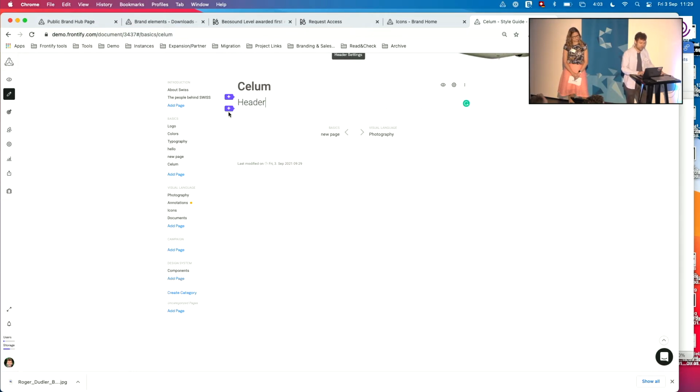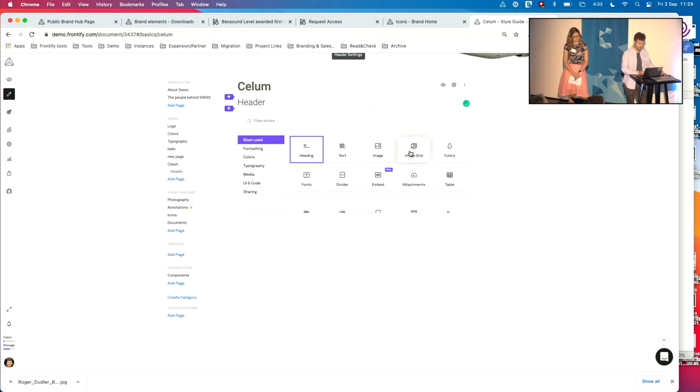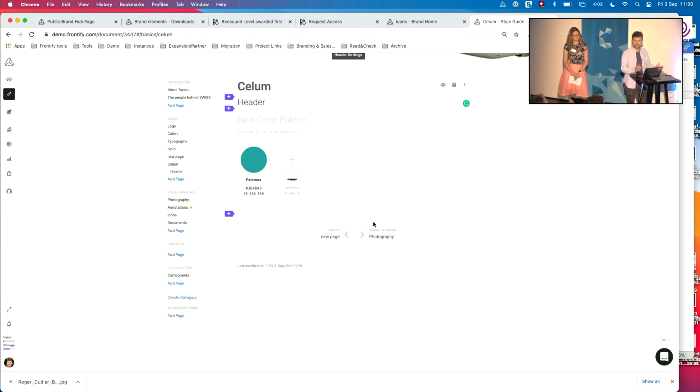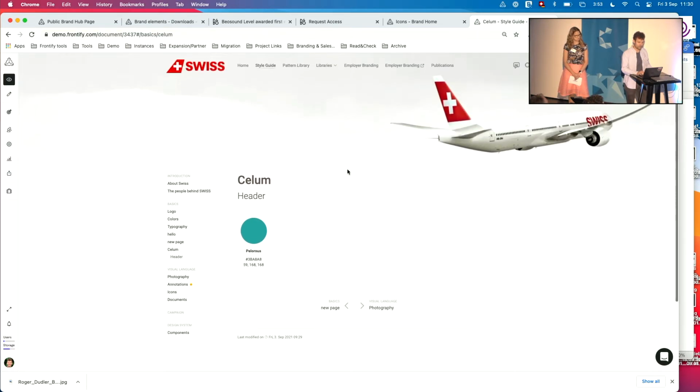And again, I can add, for example, a color module where I simply choose colors and add them. And yeah, that's as easy as it is to configure and build out such a structure and make it available to everybody. Yeah, that's as much as I wanted to show you for today. Unless there are any more questions, I would probably hand over to Melanie for the details of the...